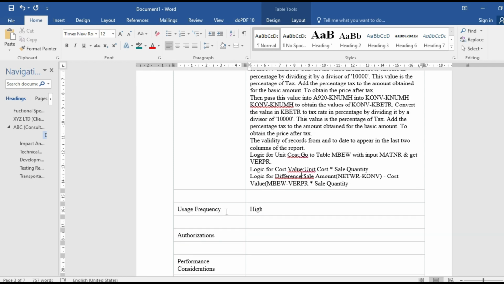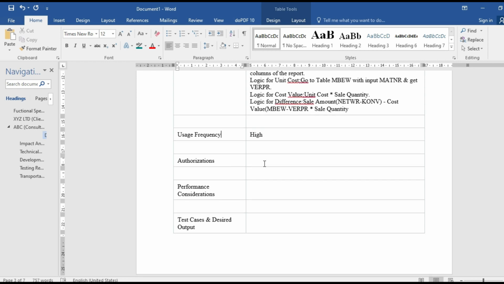Then usage frequency. Suppose if the user is fetching this report once in a month, then the frequency is low. If the user is fetching the report many times in a day, then the frequency is very high. Then authorization, to whom this report authorization is required. Then performance, how the performance is going to be for this report.